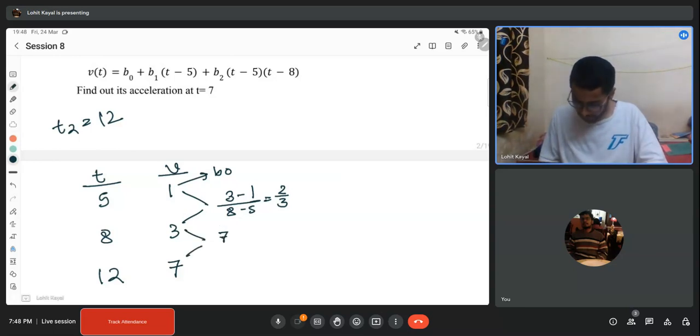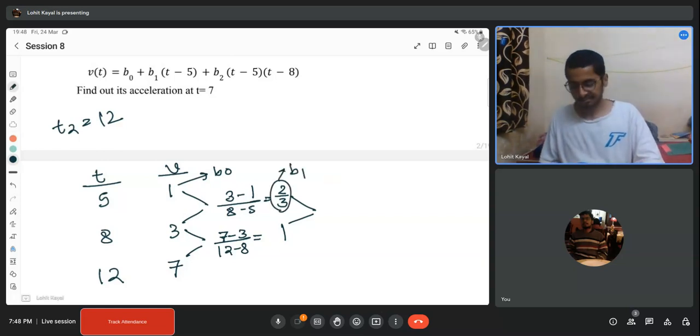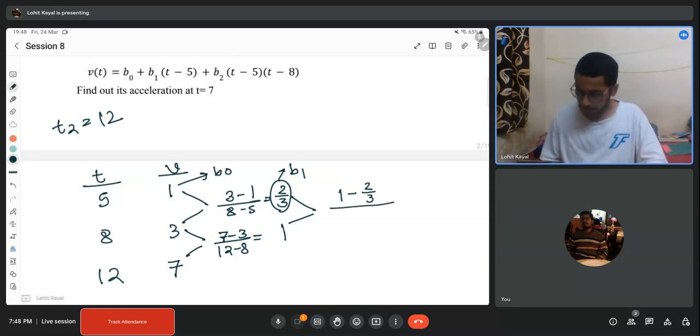And this value is (7 minus 3) by (12 minus 8), which equals 4 by 4, that is 1. So this value is equal to your b1. And now you just need to calculate the value of b2. That is 1 minus 2 by 3, divided by what I have told in the last question, that you need